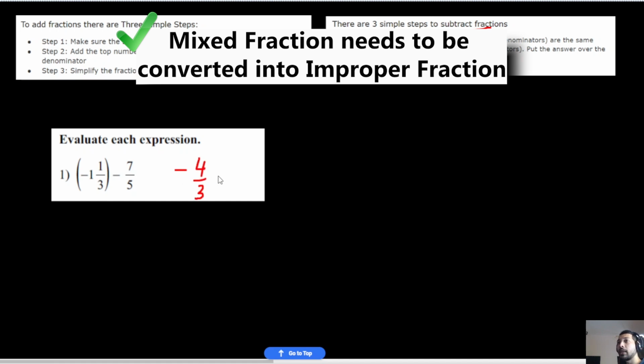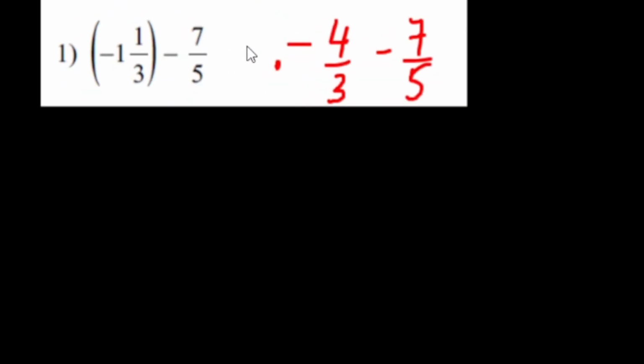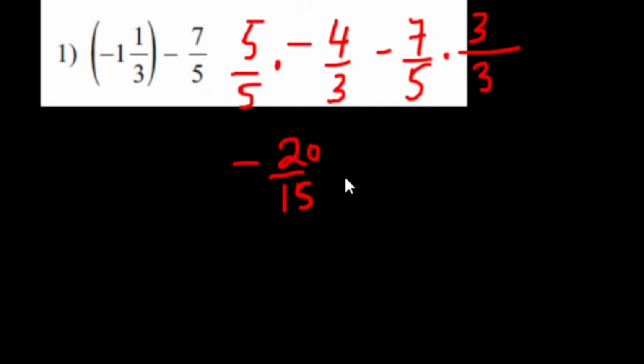Now this negative 4 over 3 minus 7 over 5. Now we can see that we have a subtraction over here, so we'll follow these subtraction rules. So the first step to subtract the fraction is we make sure that the bottom numbers are the same. Now to make the bottom numbers the same, we multiply each fraction by the other denominator. So for this first fraction, we can multiply by 5, which is the other denominator. And we can multiply this fraction by the 3, which is the other denominator. Now if we simplify, we get 5 times negative 4, that is negative 20 over 15 minus 7 times 3, that is 21